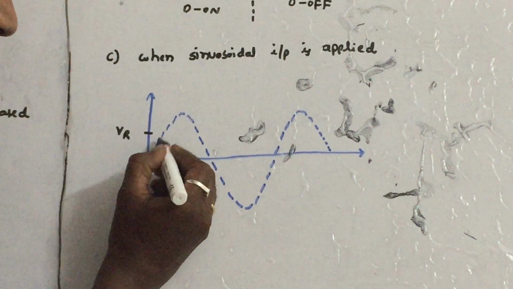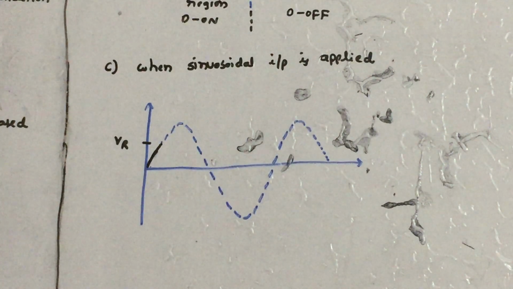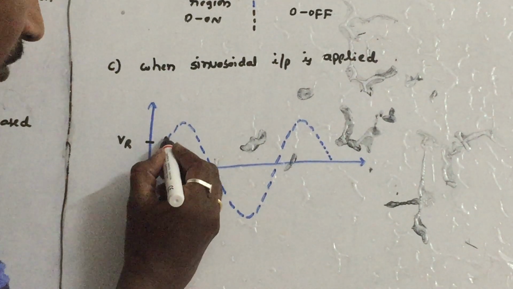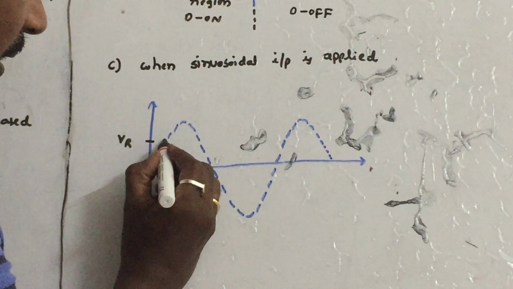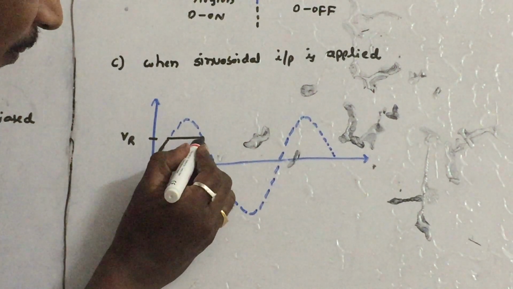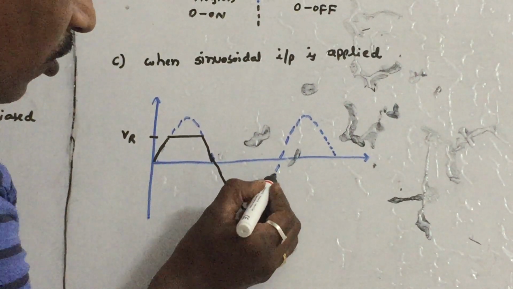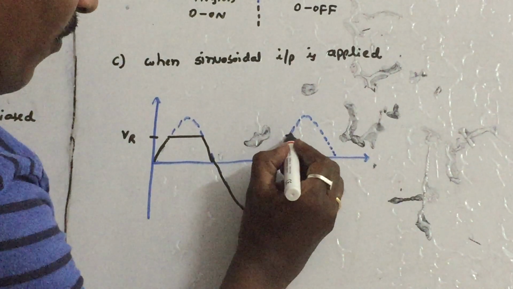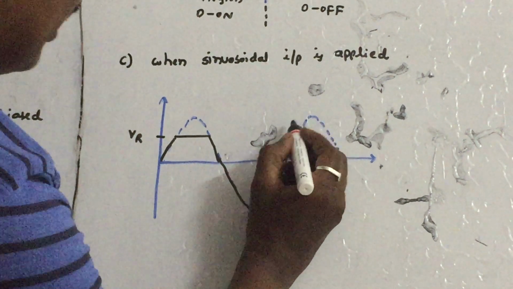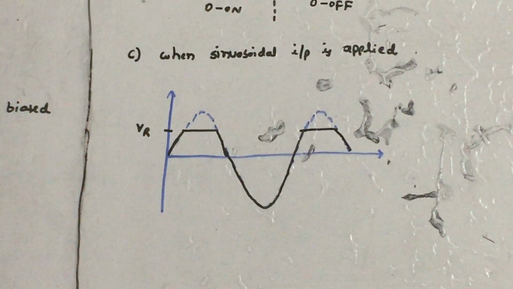From the circuit, as long as the input voltage is less than VR, V0 is equal to Vi. You can clearly see the equations. When Vi is greater than VR, the output is VR. Again, when the input is less than VR, V0 is equal to Vi, so the output follows the input. Again, when the input is greater than VR, the output voltage is VR. Like that, this graph comes.